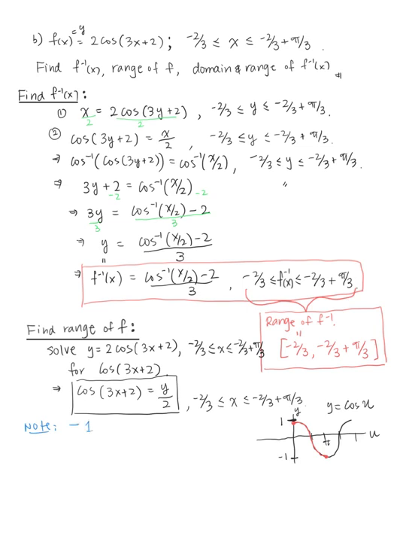Okay, so now what we need to do is this. Pretend that your u is 3x plus 2. This is going to be our u. So cosine of 3x plus 2 is bounded above and below by -1 and 1 as well. So this implies that,